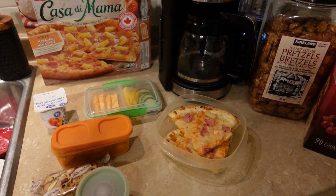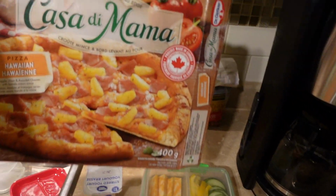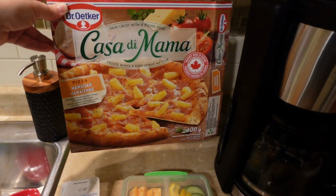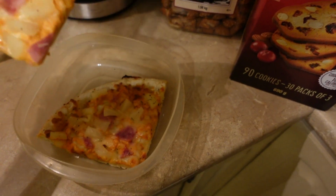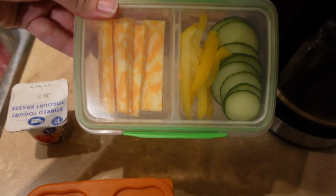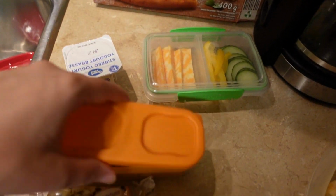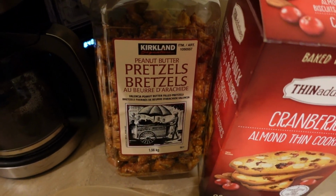I'm getting ready to pack my husband's lunch for work for tomorrow. So tomorrow he is taking one of these frozen pizzas. It is a Hawaiian pizza. So he's taking that. I'm going to send him with the whole thing because it's not very filling and it's not very big. He's taking some cucumbers, some peppers, and some cheese, a peach yogurt, some of these peanut butter pretzels, just these ones here from Costco,